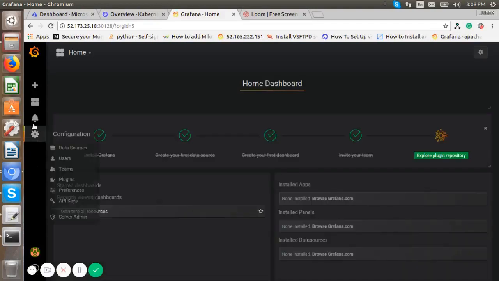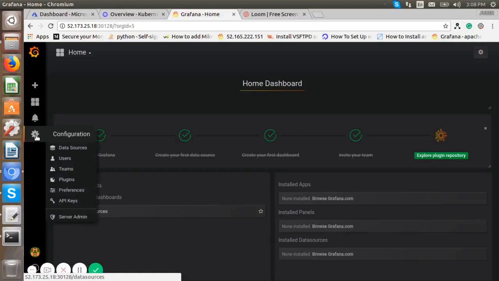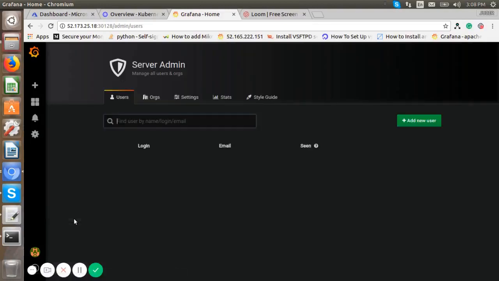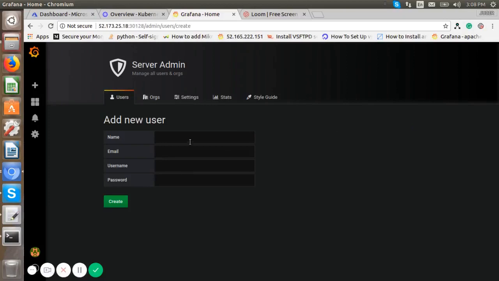The current organization is the ReactiveWorks IT Solution Private Limited organization. For that, we need to add one normal user to this organization. Just click on settings and select the server admin option. Now do the same procedure again. Click on add new user.